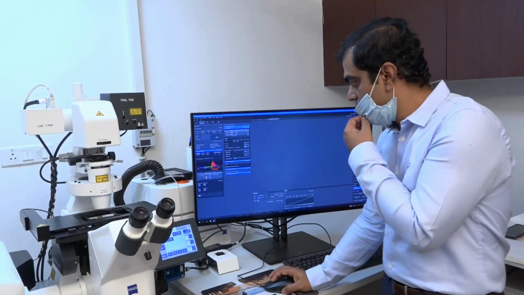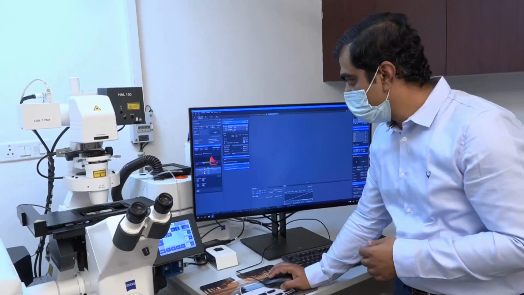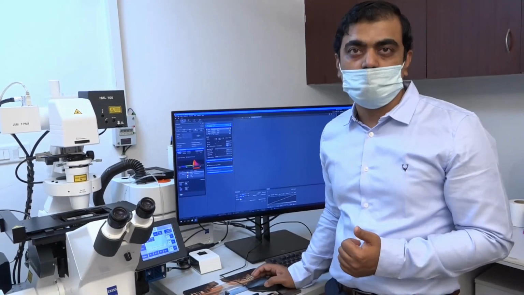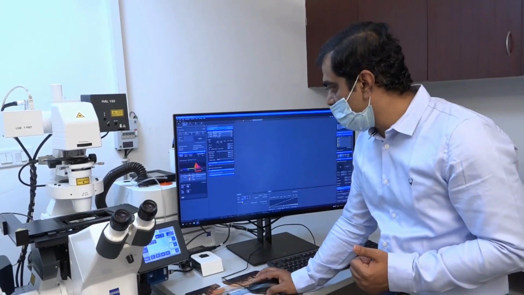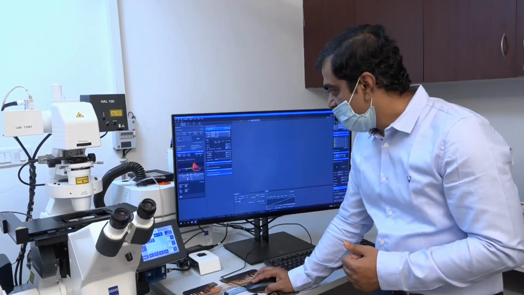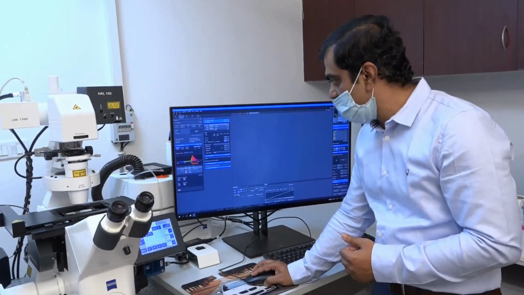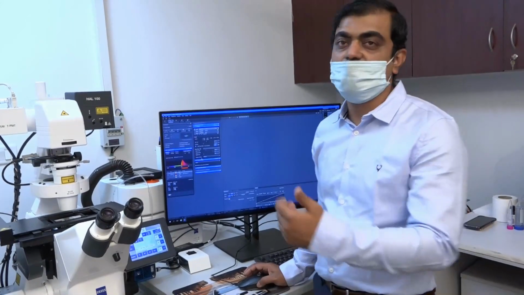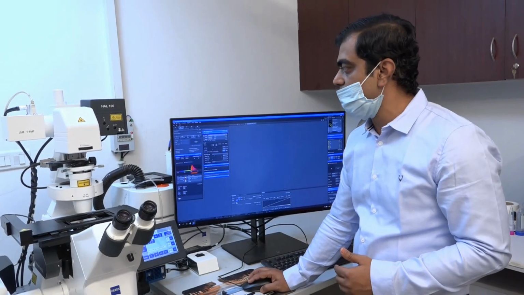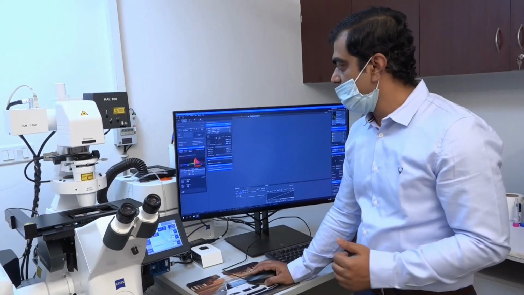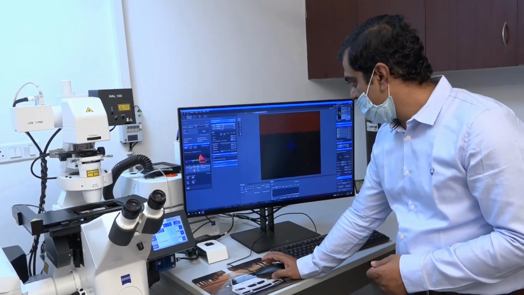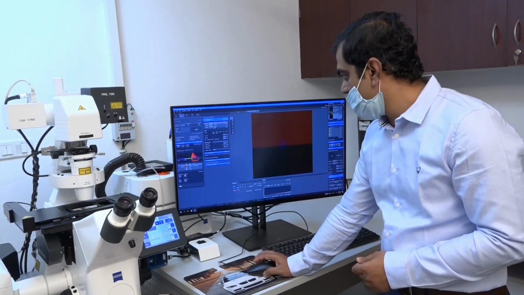So this Airy unit will always give an impression that this is a confocal image I am acquiring. So I have to click on this 1 Airy unit so that it is in the confocal mode, and then there are a few parameters for the optimization of the detector. So these are all optimized. I will quickly see how my image looks in continuous mode. So once in continuous mode, I click it, and this is what I am getting.